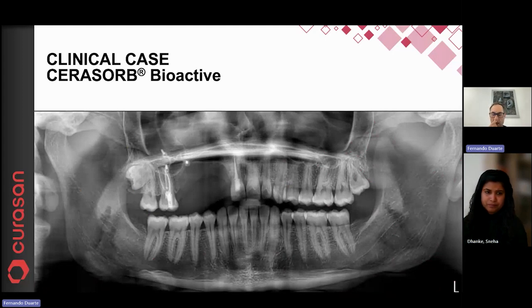And this is a very young patient, 28 years old, female, Caucasian, no alcohol, no smoking habits. She has a carcinoma in the first quadrant. She was reconstructed. The carcinoma was removed, and in the same surgical time, a fibular bone reconstruction was done. The bone was exposed, the soft tissue was exposed, and when we received the patient, like 2